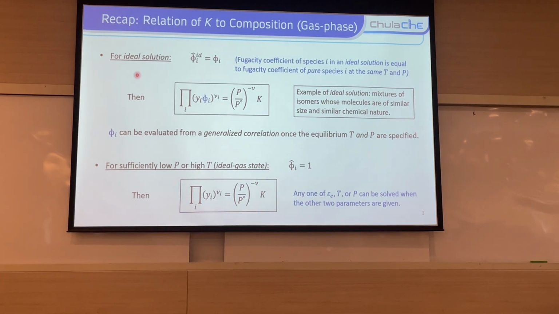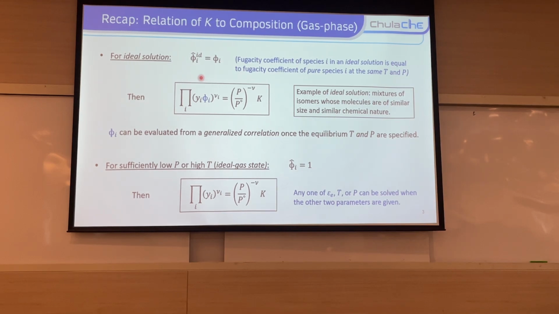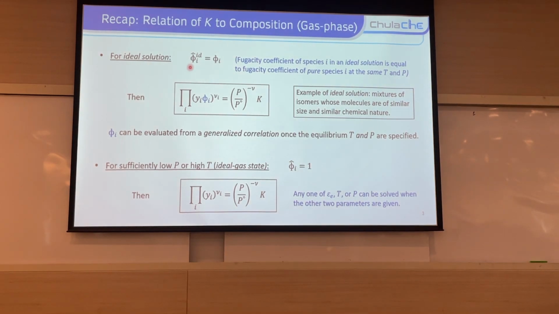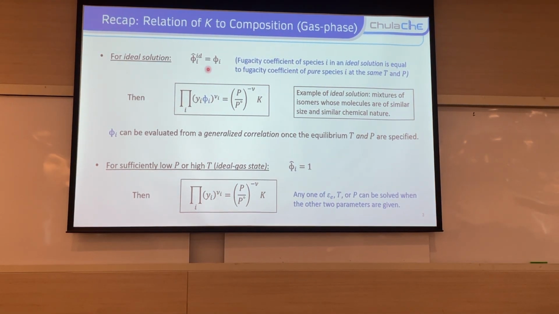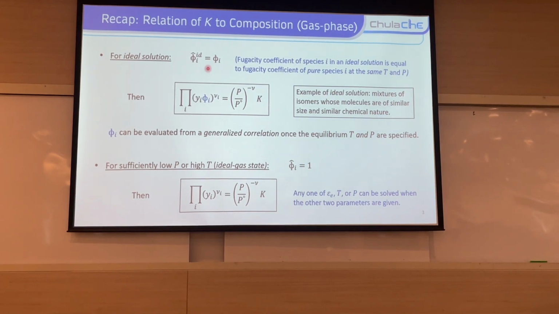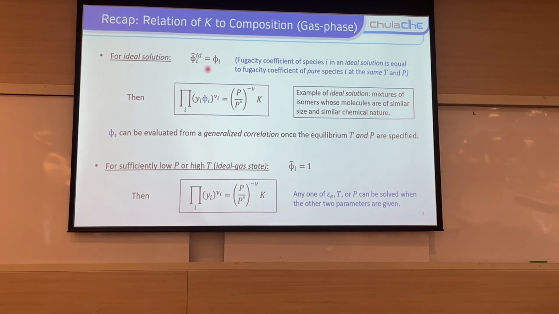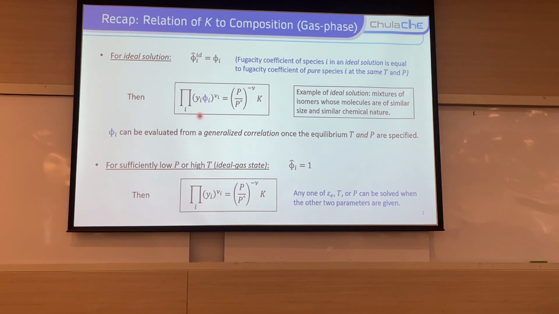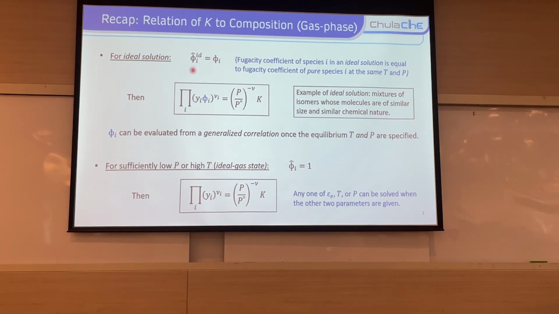It's very rare to assume the solution in practice to be an ideal solution. So for the assumption of the ideal solution, we just change the viscosity coefficient of the mixture into the viscosity coefficient of the pure species just for finding the initial guess before you continue to calculate for the viscosity